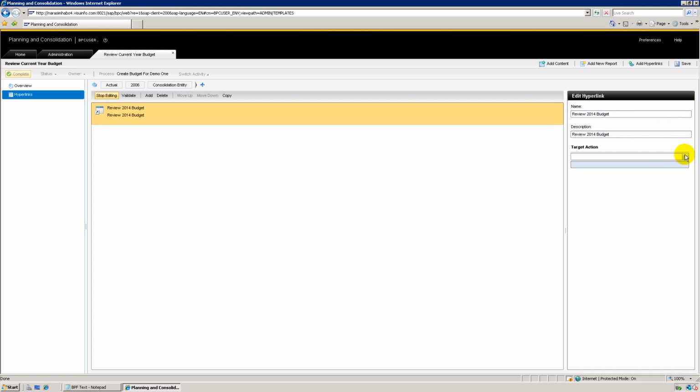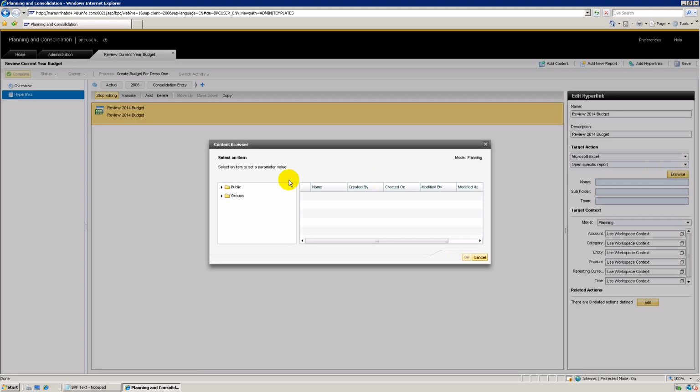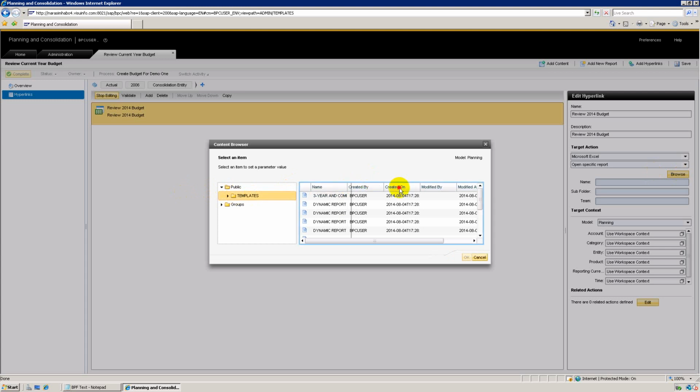And target action will be Microsoft Excel, and open specific report. Click on browse, hit public, templates, and let's increase this column to see the name. So we will be choosing dynamic report with subtotals accounts. Hit OK,